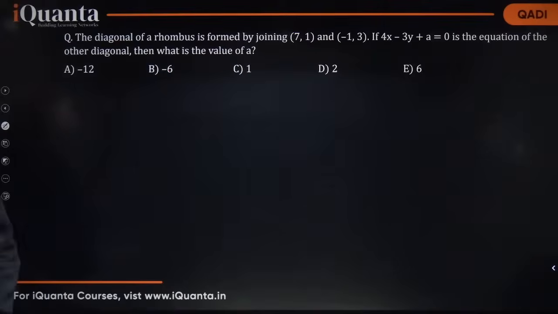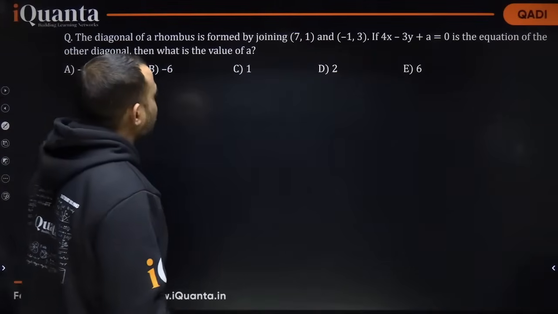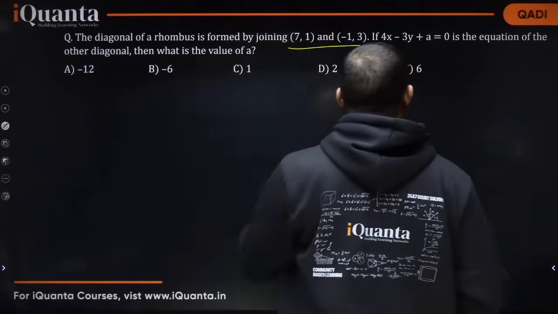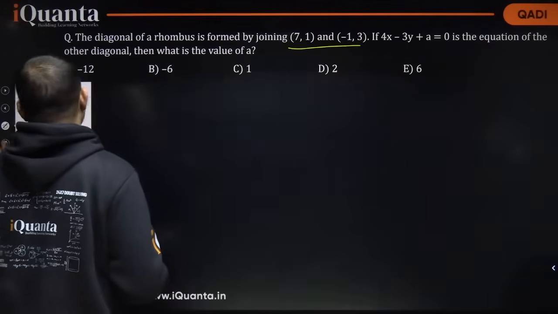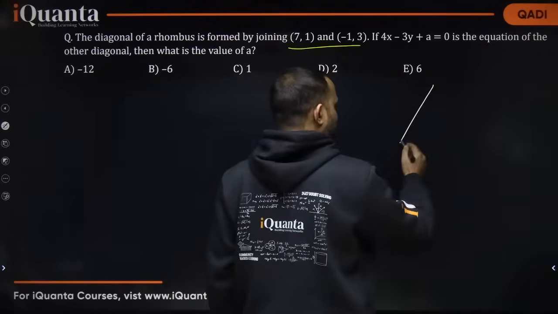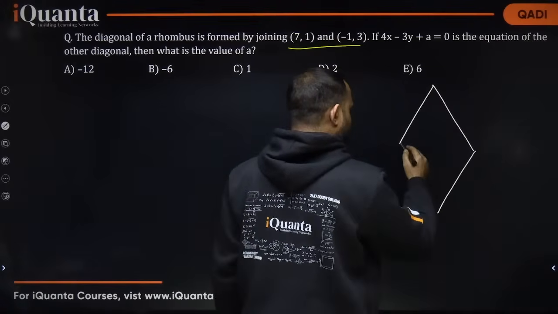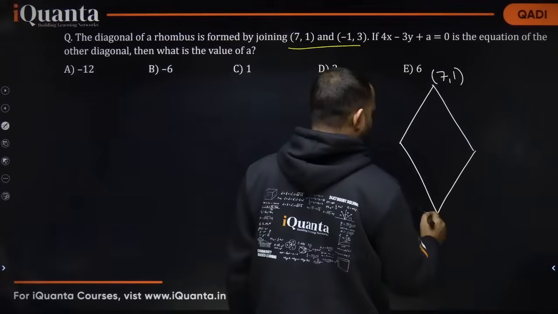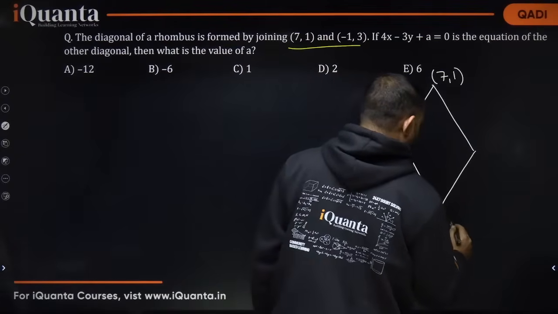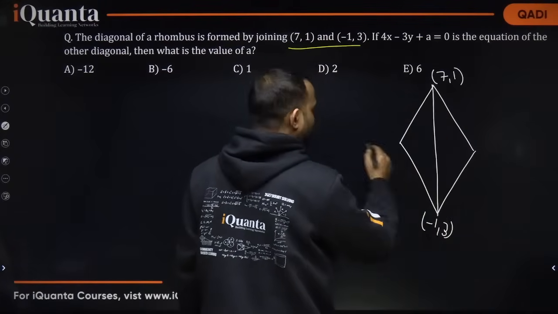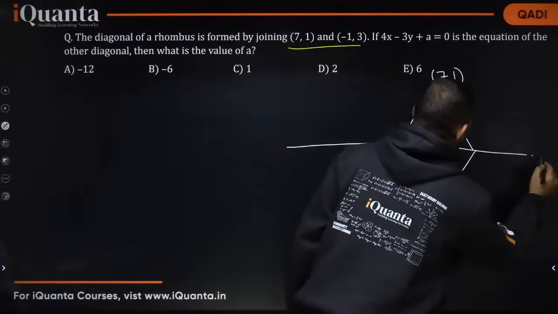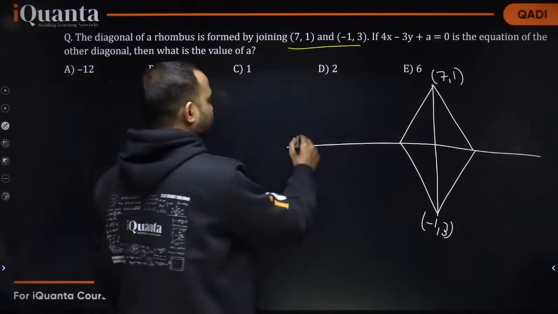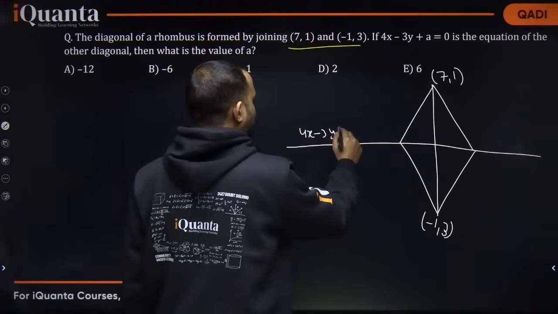Okay, this should be a quick one now. The diagonal of a rhombus is formed by joining these two points. If 4x minus 3y plus a is the equation of the other diagonal, then what is the value of a? So always try to draw the figure to understand the situation completely. (7, 1) and (minus 1, 3), these are two ends of one diagonal, and it says, if this is the equation of other diagonal, this is 4x minus 3y plus a